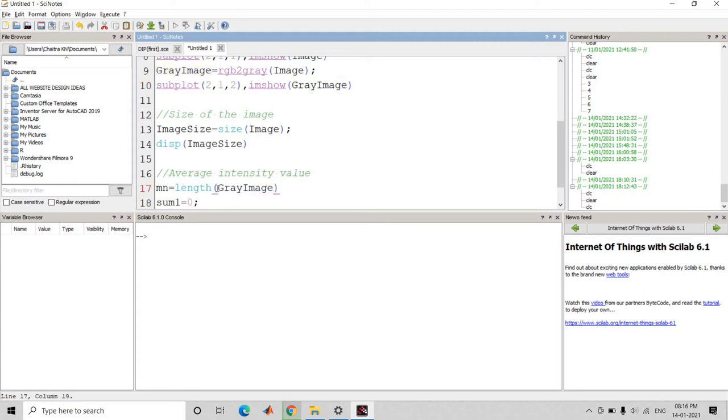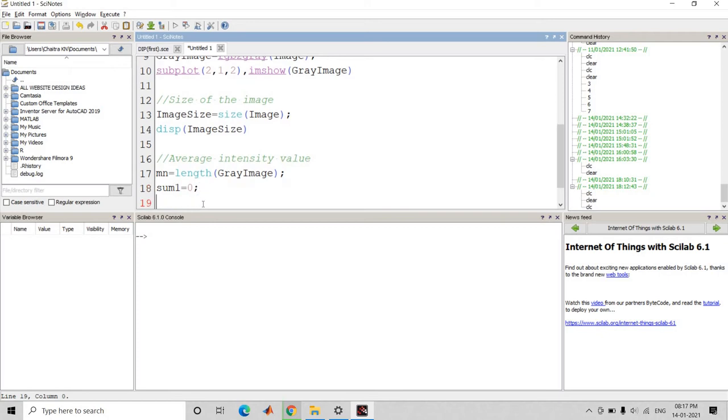We perform mathematical operations only on the grayscale image. So here if we give length as an inbuilt function for the gray image, it multiplies both the row and column size of the image and stores it in a variable mn. So we make sum1 as 0. Then we need to average all the elements in the matrix.